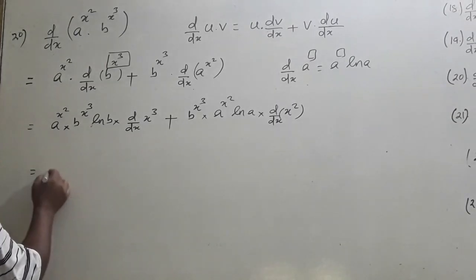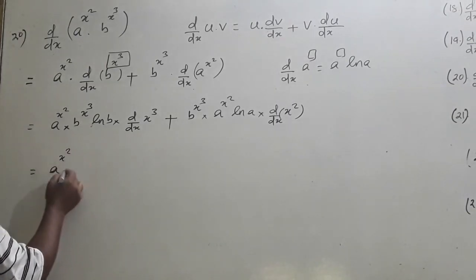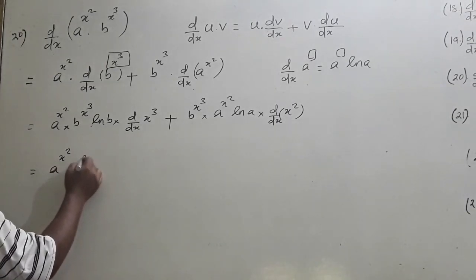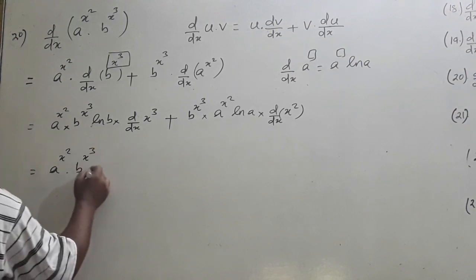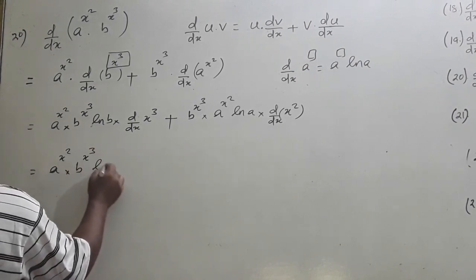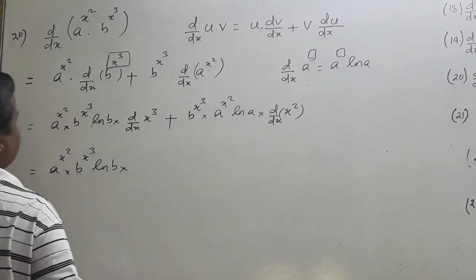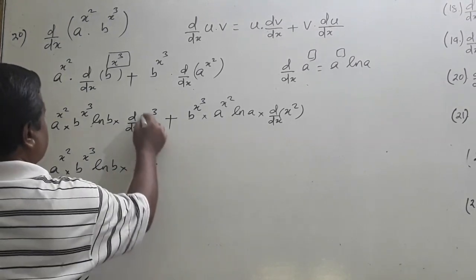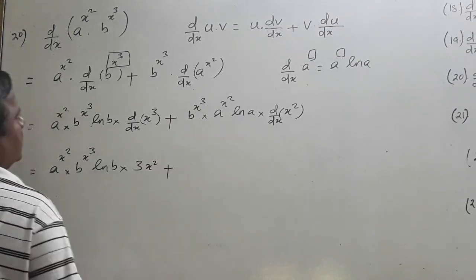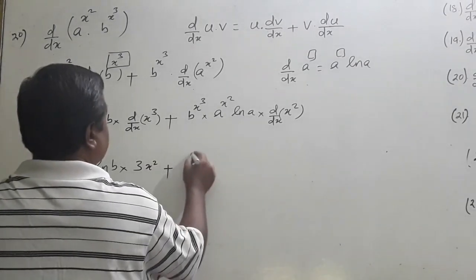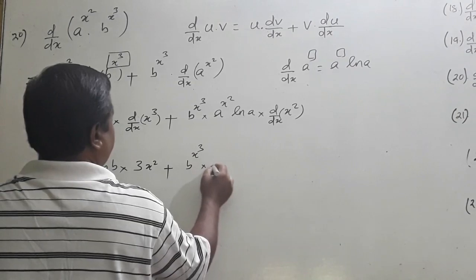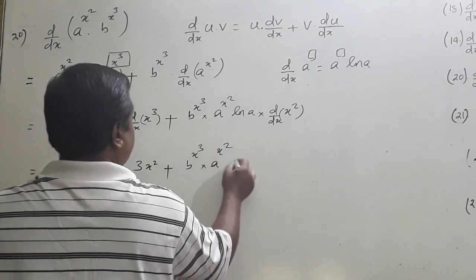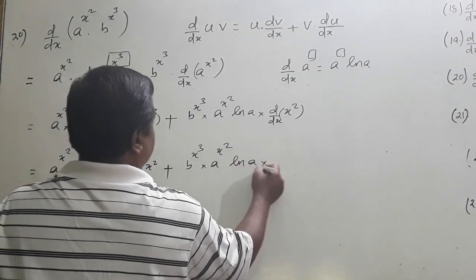Now the answer is: a to the power x square into b to the power x cube into ln b into the derivative of x cube, which is clearly 3x square, plus b to the power x cube into a to the power x square ln a into